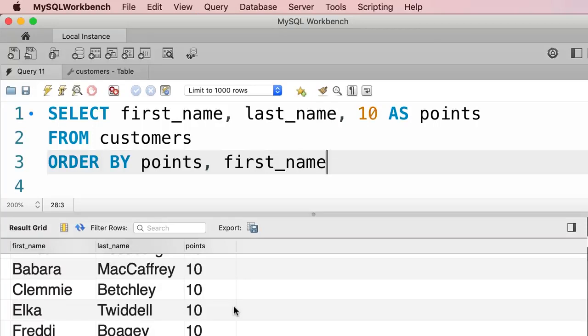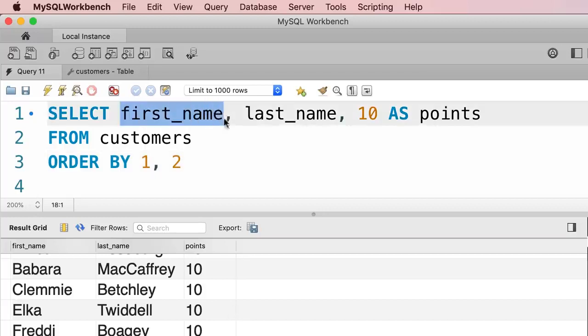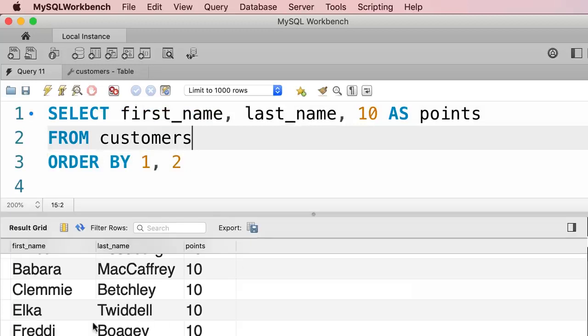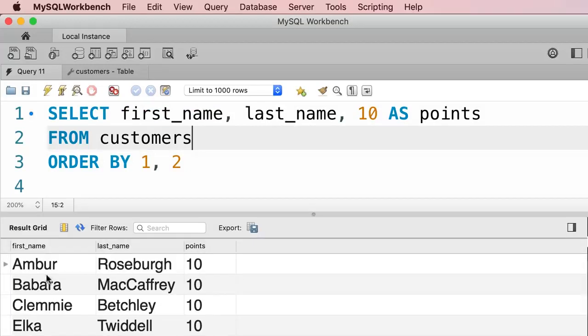Now, one last thing before we finish this tutorial. I've seen some tutorials that teach you how to sort data by column positions. For example, here we can order by 1 and 2, and that basically means sort the data by the first name and then the last name. So these are the order of these columns. If we execute this query, you can see that our customers are sorted by their first name and then the last name. While this approach works, it's something that you should avoid,